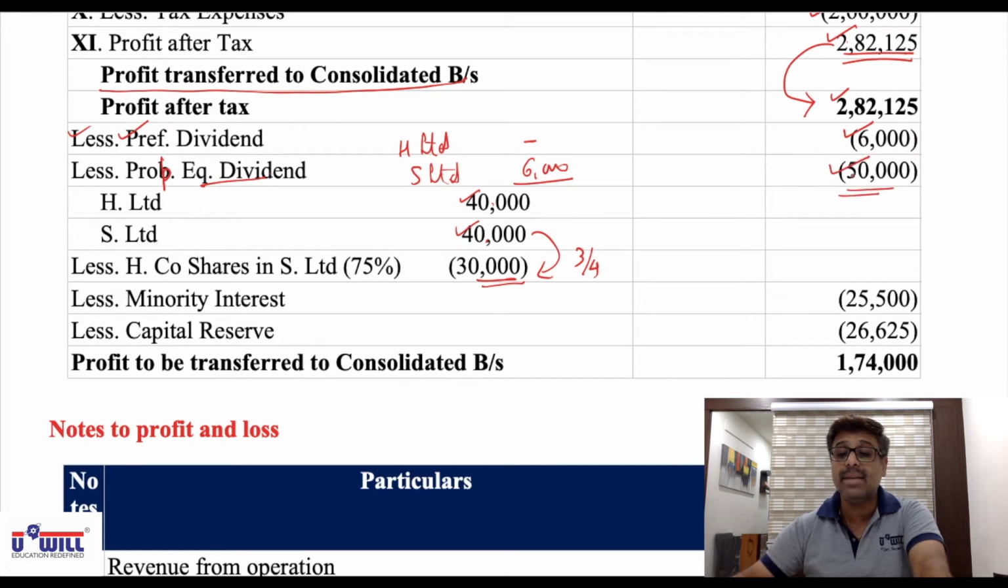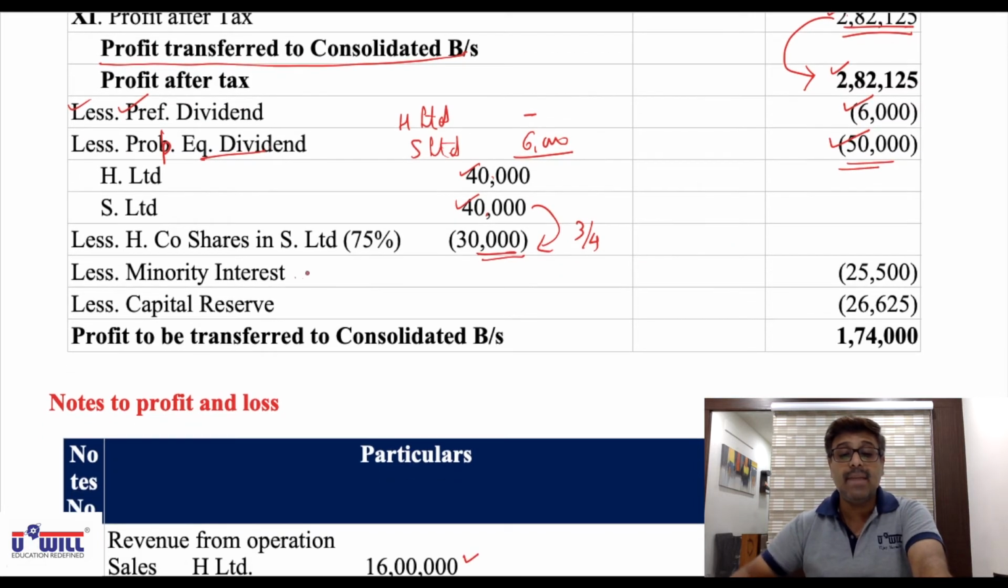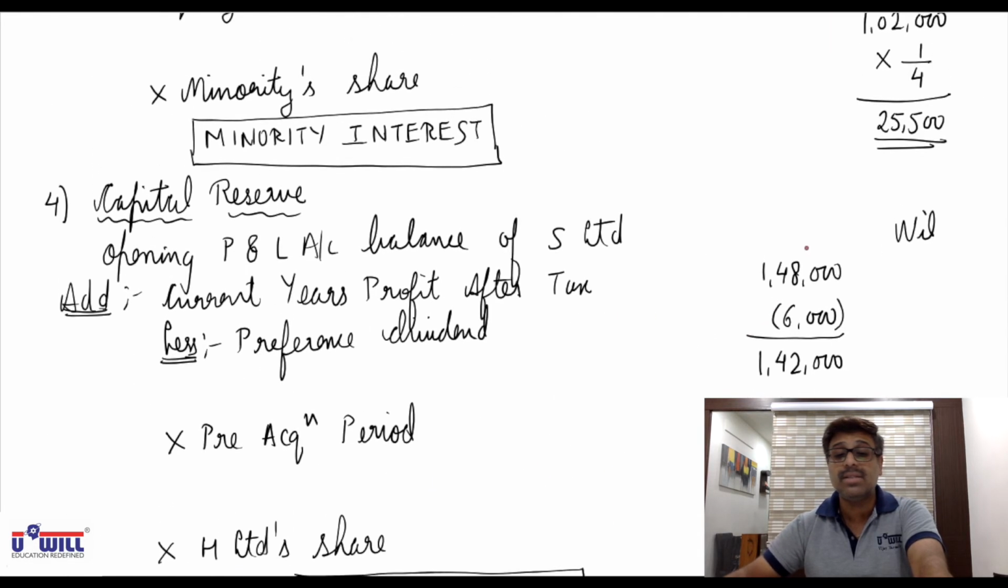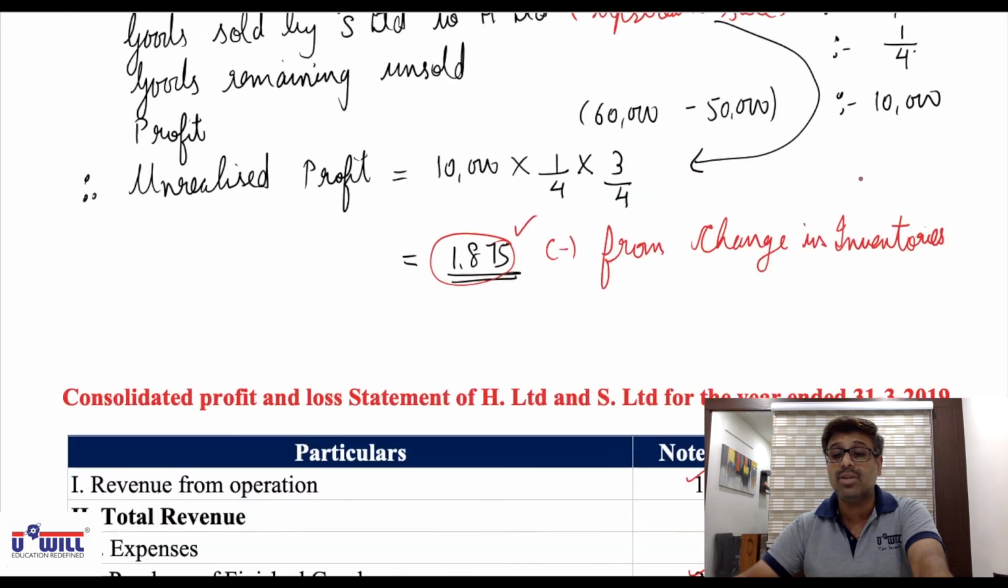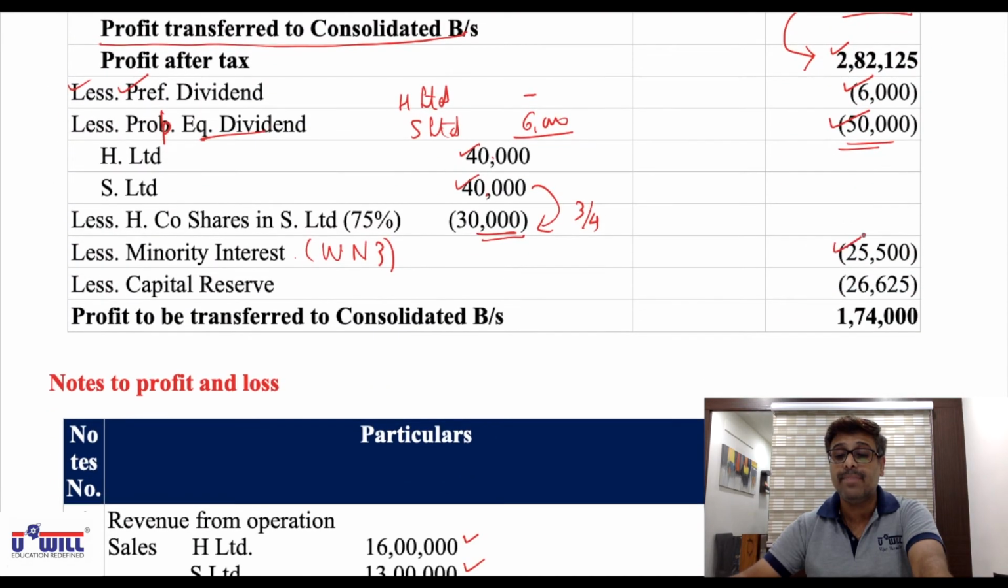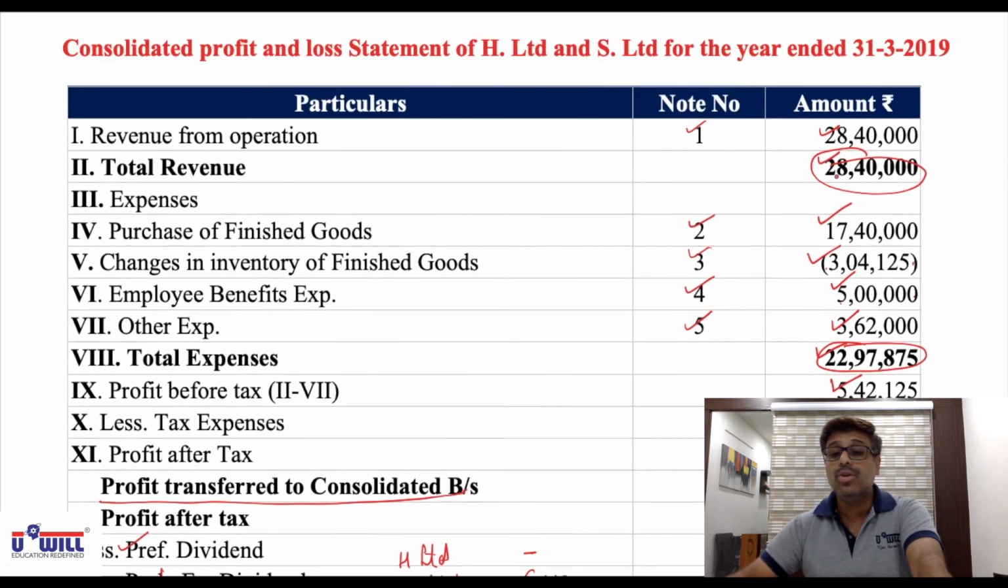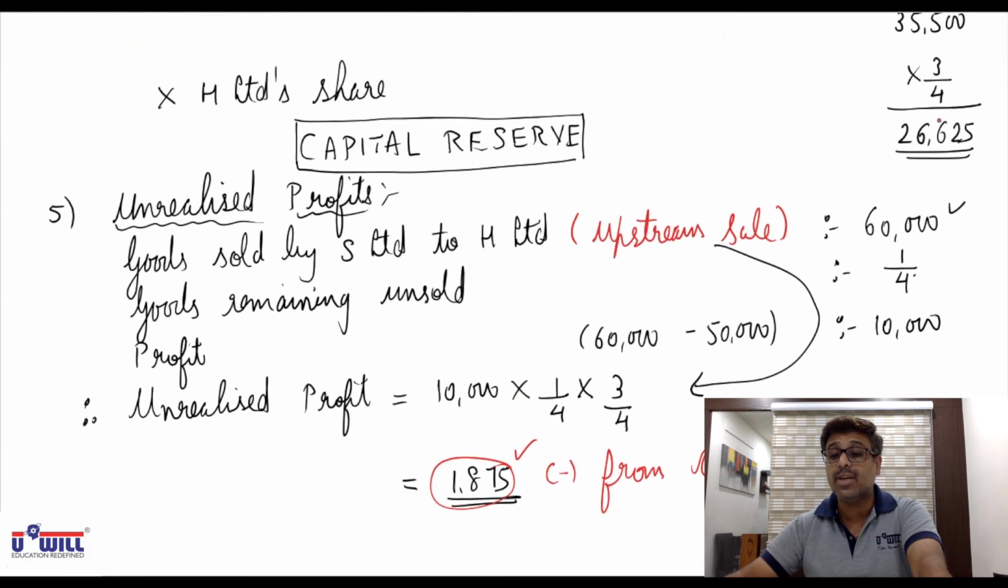40 plus 40, 80 minus 30, 50,000. Then minority interest we get from working note 3. You all can see here what is minority interest in working note 3, 25,500. And then capital reserve we get from working note 4. You all can see here capital reserve in working note 4 is